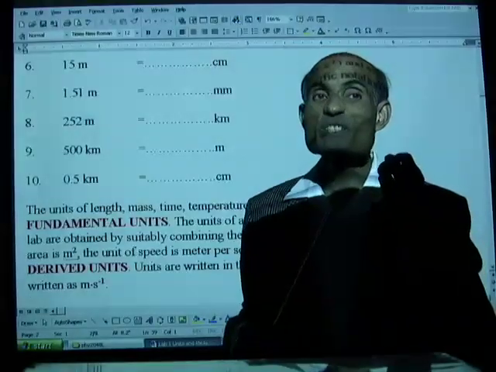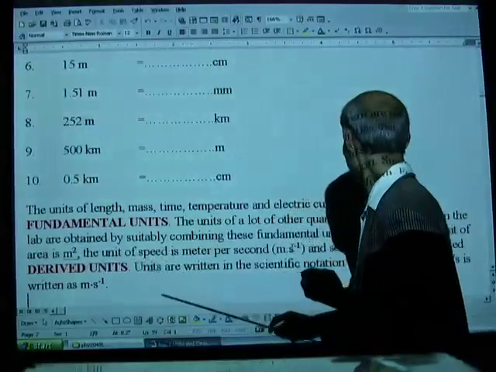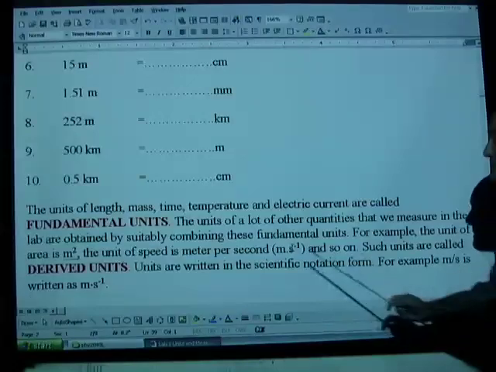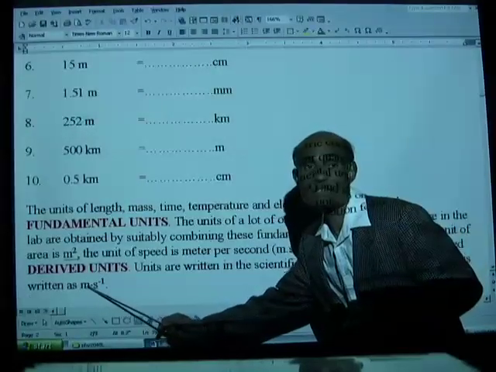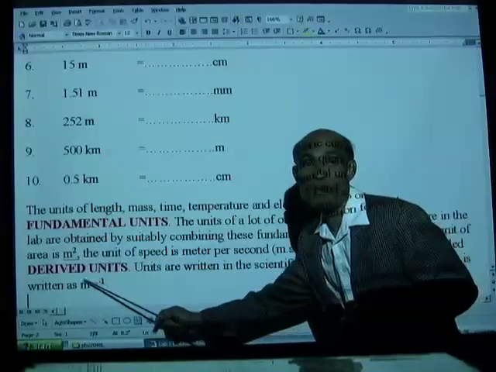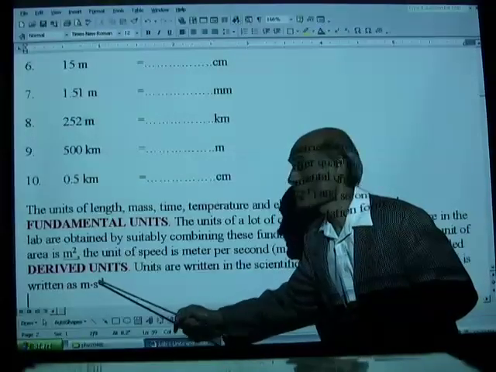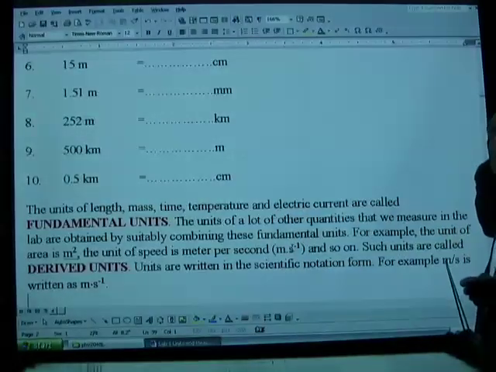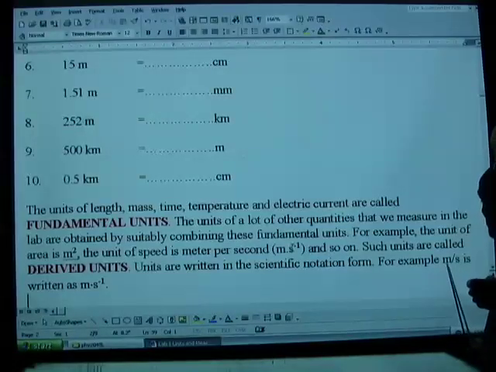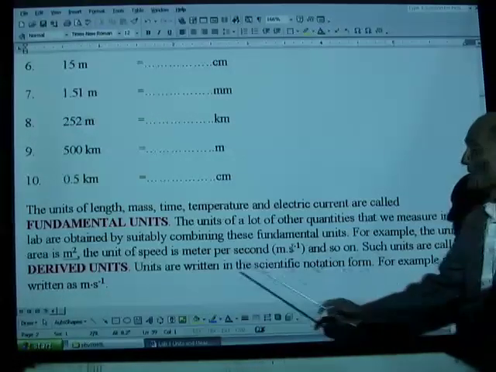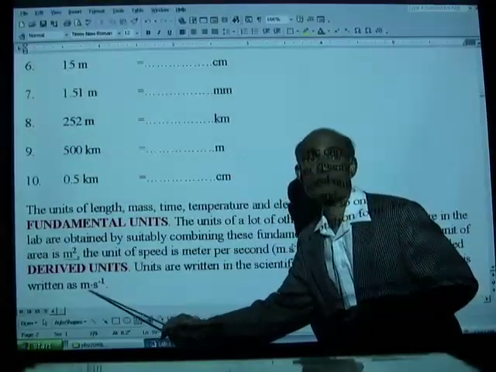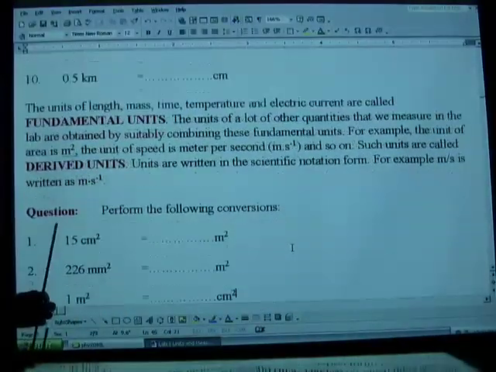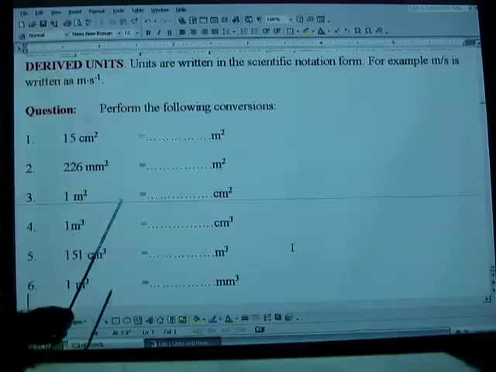What is the unit of speed? Well, speed is meter per second. And look at the way we write it. Meter times second to the power of negative 1. These are the kind of representations I want you to be familiar with. When you want to write a unit meter per second, we will not write meter per second like this, but this will be the standard way to write meter per second. Okay. And you have a third set of